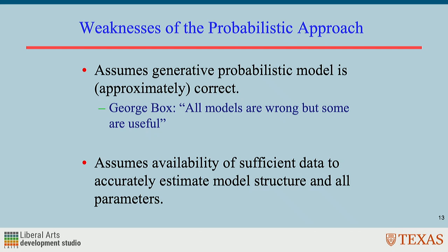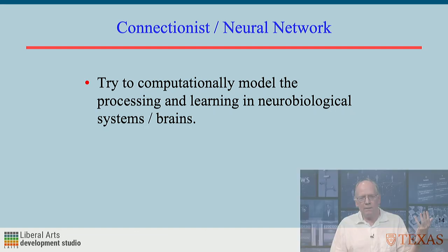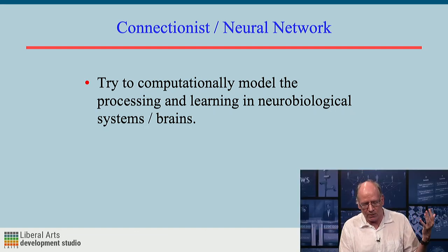And the more complicated model you use, the more parameters there are, and the more data you need to estimate those parameters. Okay? So that's just a quick review of the probabilistic approach. Well, now we get to what's today the most common, most popular approach, which I'm calling the connectionist neural net